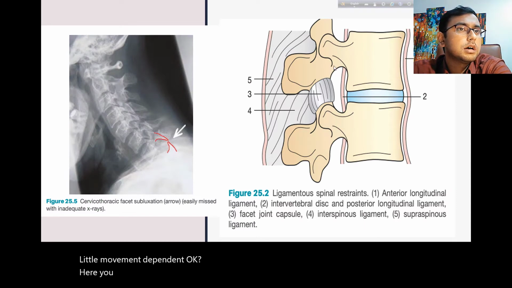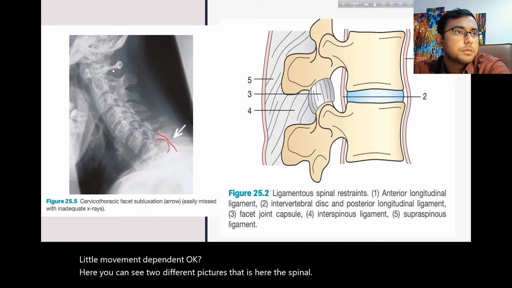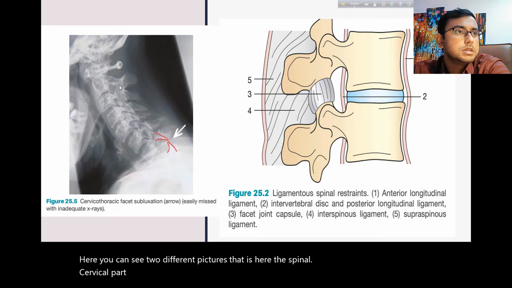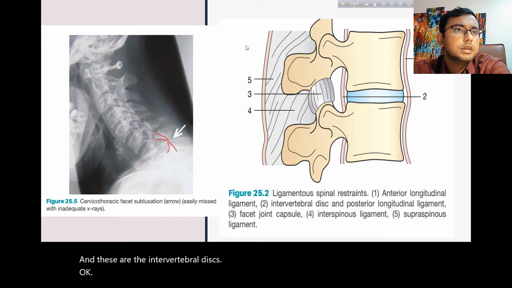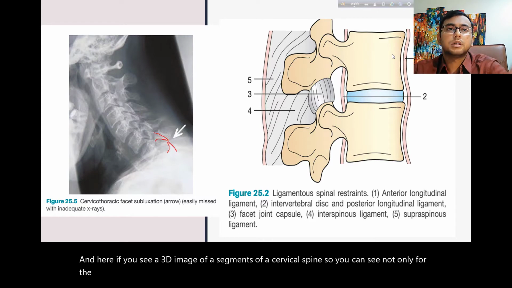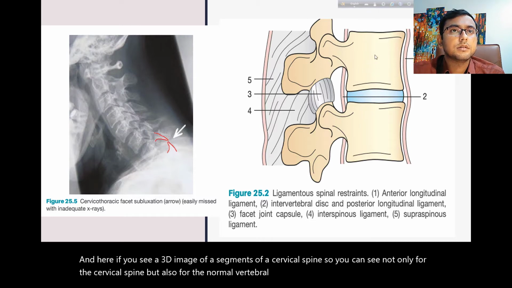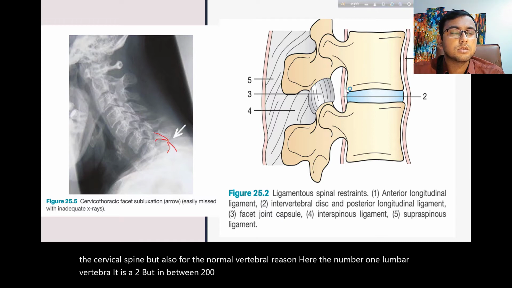Here you can see two different pictures. This is the cervical spine part, which consists of bodies, arch, and pedicles, and here are the intervertebral foramens and these are the intervertebral discs. And if you see a 3D image of segments of a cervical spine, you can see not only the cervical spine but also the normal vertebral region. Here is lumbar vertebra number 1 and number 2, but in between the two there is a segment which is called the